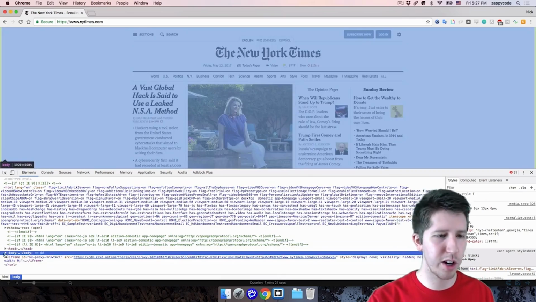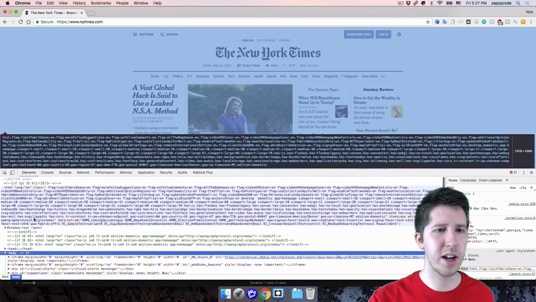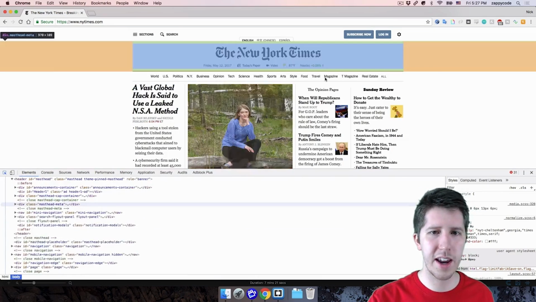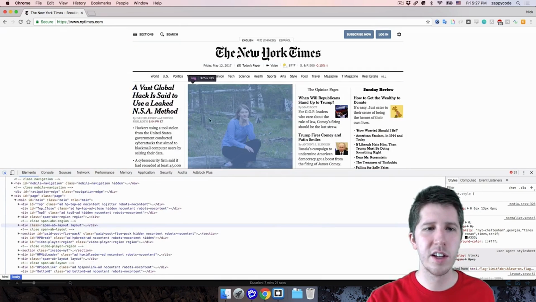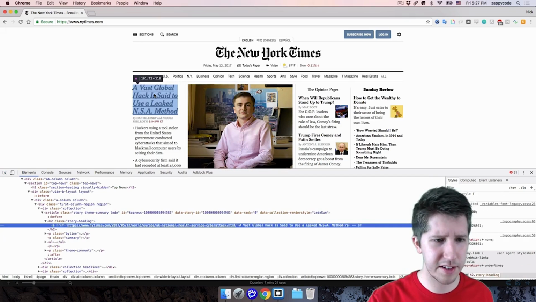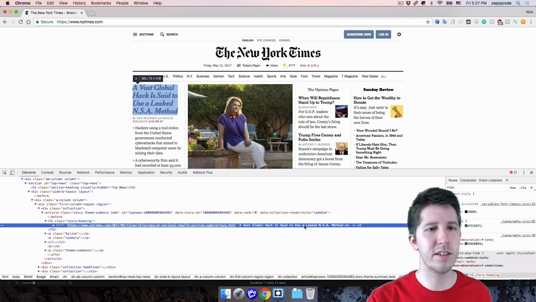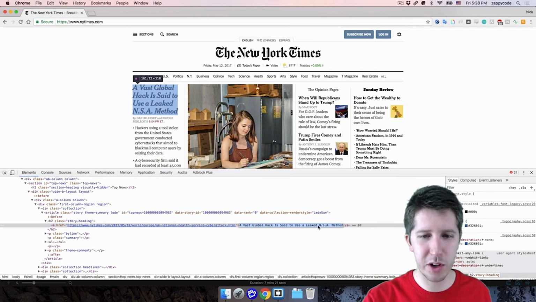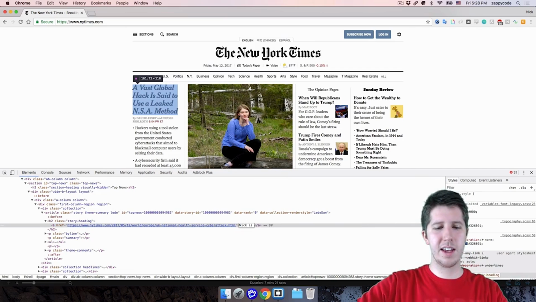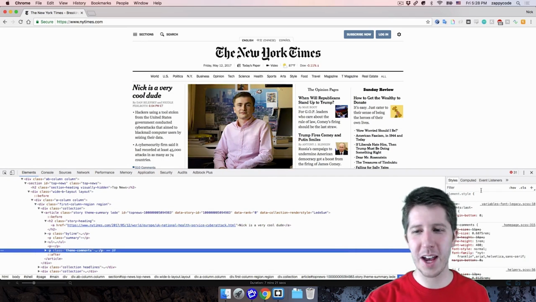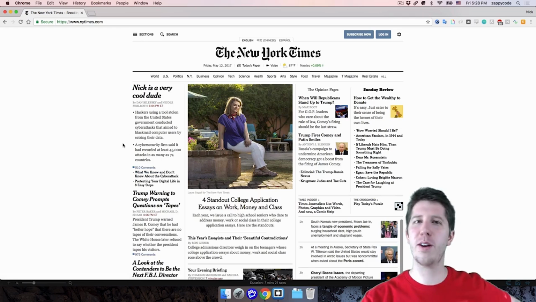We can scroll down through here. You might have to hit some arrows to get more in depth into stuff. But you can click this little button here, which will let you click on anything in the page and it will show you the code behind it. Let's say I want to change maybe the top headline here. If I click on this, it shows me, oh, this is the line of code that is making this display here. And I can actually change the text inside of here. So if I double click inside of here and I want it to say something like, Nick is a very cool dude, okay, and I click out of this, look at that! All of a sudden now on the New York Times, it looks like, Nick is a very cool dude.